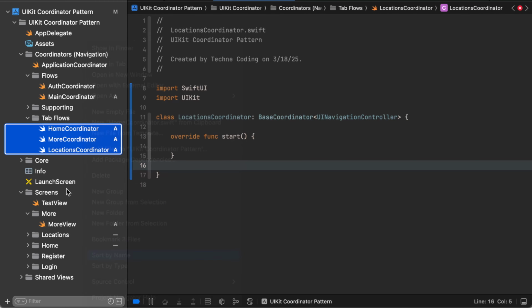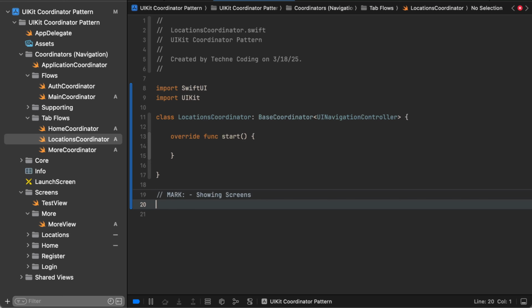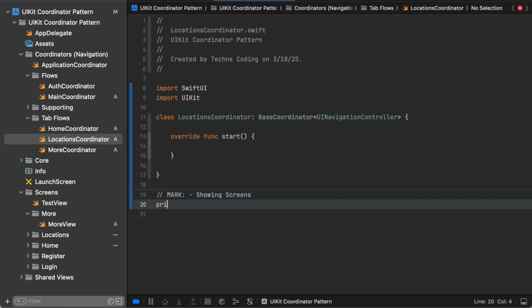Organize these by name. Come to the locations, start, and then just like in our other coordinators, we're going to do MARK: showing screens. Again, you can organize it however you want. Like say private